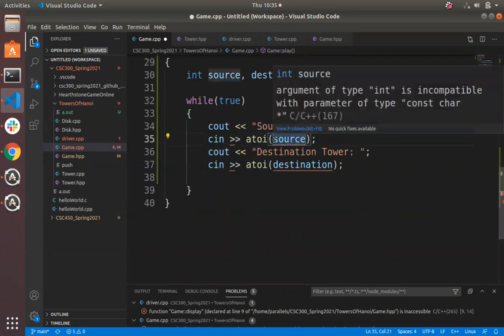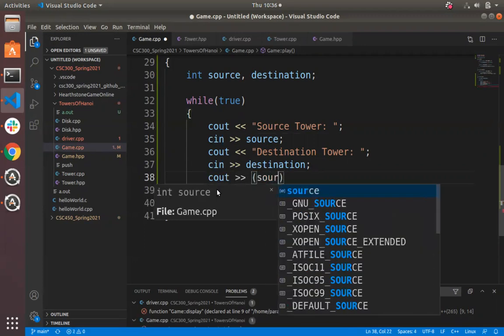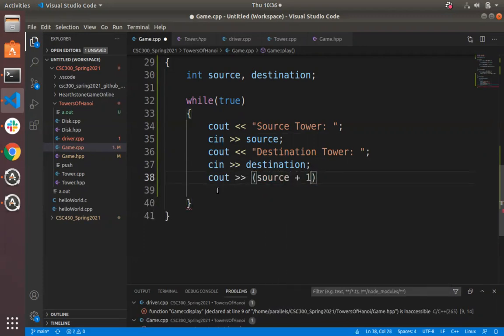We'll read it in, actually, I think it'll read in right. I just want to test this real quick. So let me just do a cout source + 1. I just want to know if it'll let me do math with this guy. And that's